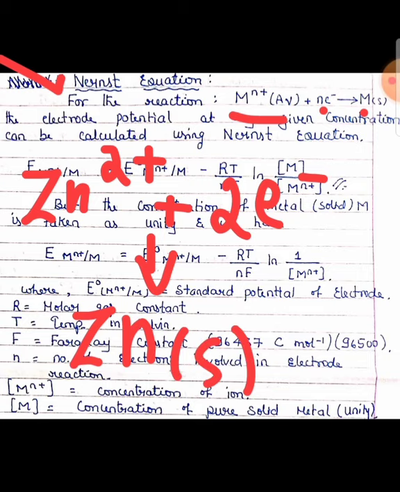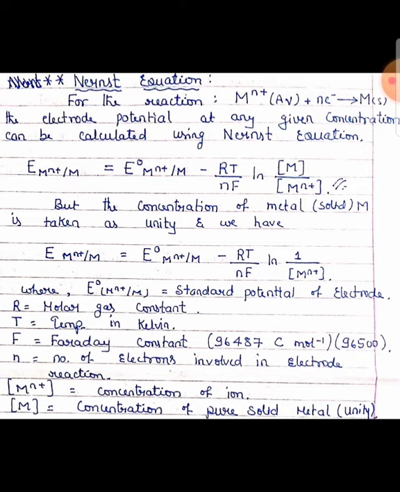For such an equation, the electrode potential at any given concentration can be calculated by the Nernst equation, and that can be written as E cell is equal to E naught cell minus RT divided by nF natural log of concentration of M divided by concentration of metal ion. Here E naught